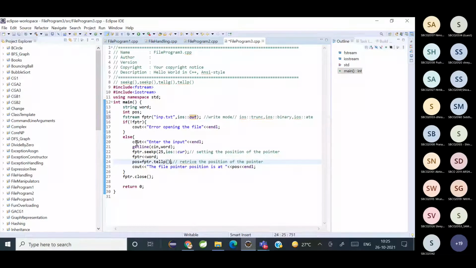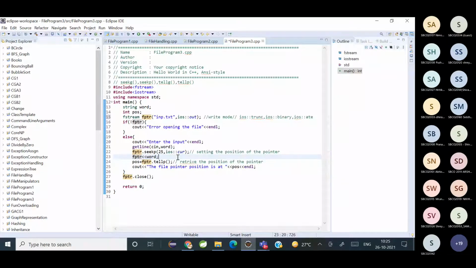Okay, so now in line number 22, what I'm doing is, this particular line asks the user to enter an input. Then I'm setting a pointer at a particular position in the file, and from that position I am writing the input which I got from the user. When you're writing, the file pointer moves a byte ahead with each character.